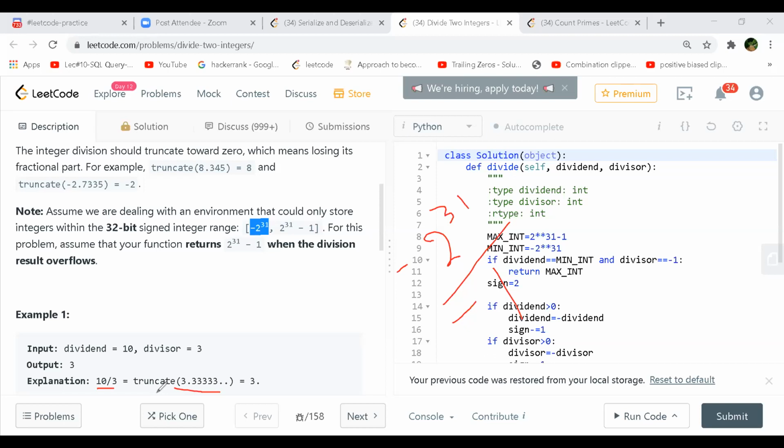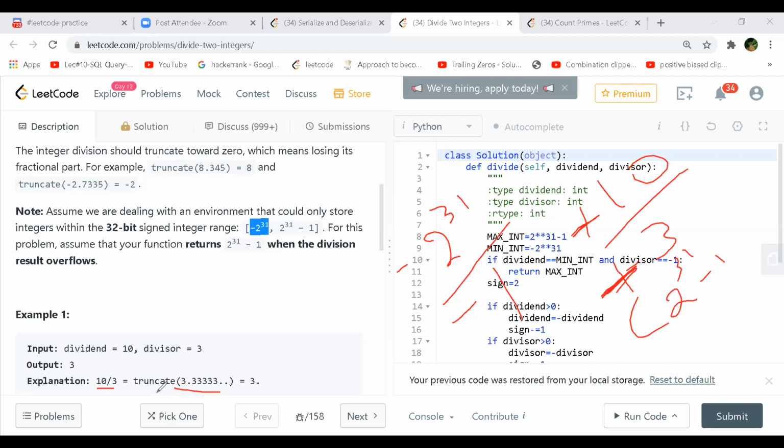So whenever we get a positive, we have to convert it to negative, right? Let's say I have to do 10 by 3. Both of them I need to convert to negative, to make sure that whatever result you get will be less than 2 raised to 31 minus 1.